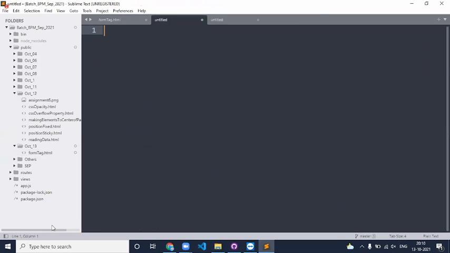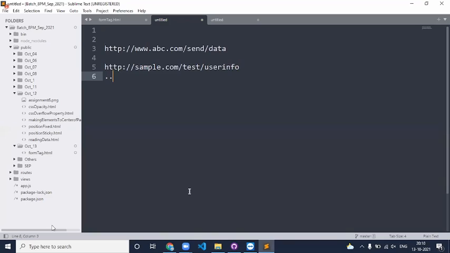In general, a server URL looks like http://www.abc.com/senddata, or http://sample.com/test or userinfo.